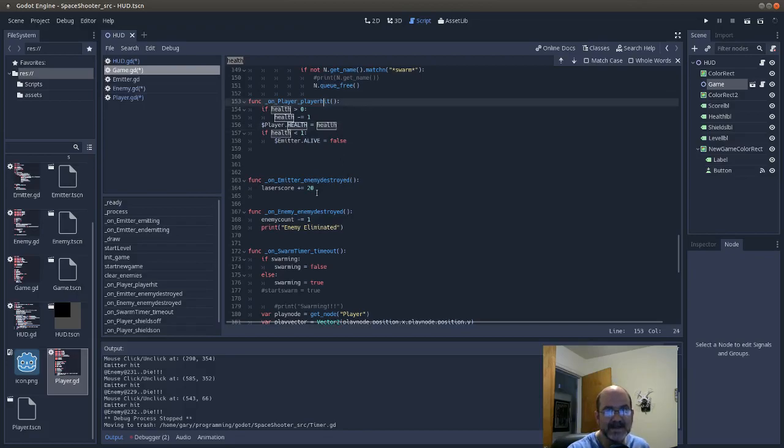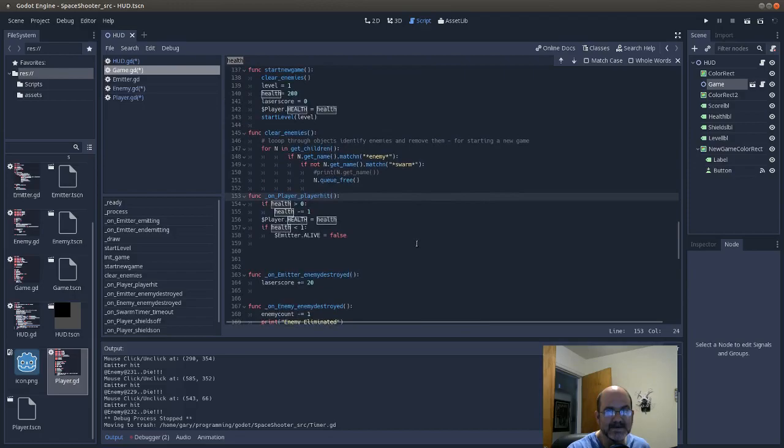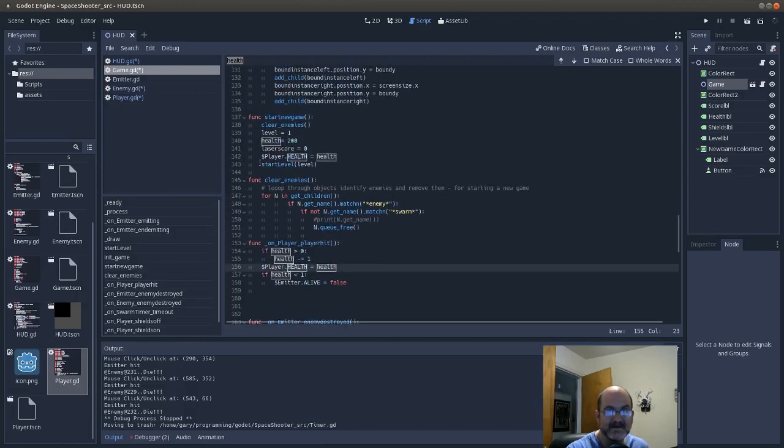And when the player's hit, it wouldn't, in a new game, after having made the player disappear, well, starting the new game, the player wouldn't reappear until the player was hit. That was the kicker. So I just explicitly called and set the health under the player, and then the player